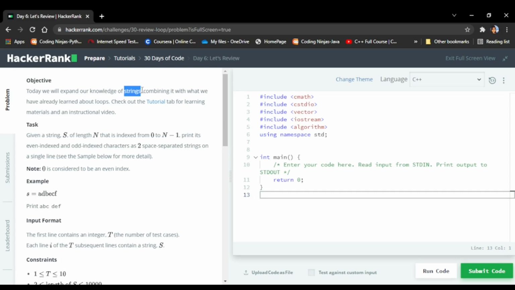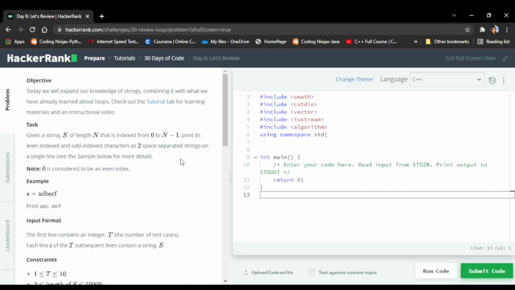So the task given here is, they have given us a string S of length n, which is indexed from 0 to n-1. Usually strings are like arrays. We know that strings are lists of characters combined together, so it is similar to arrays in case of indexing.